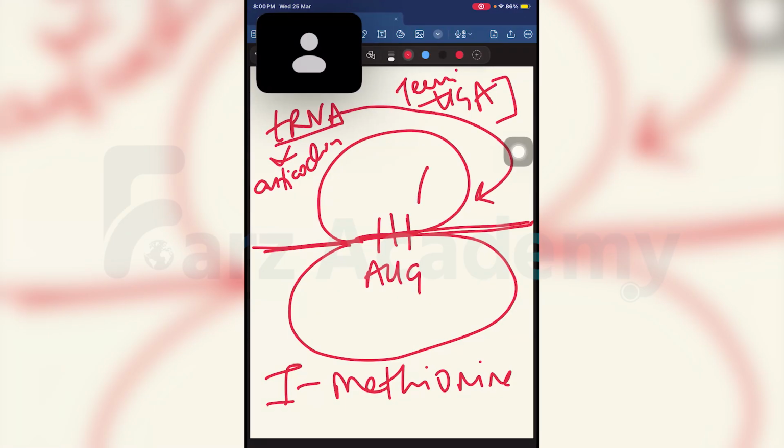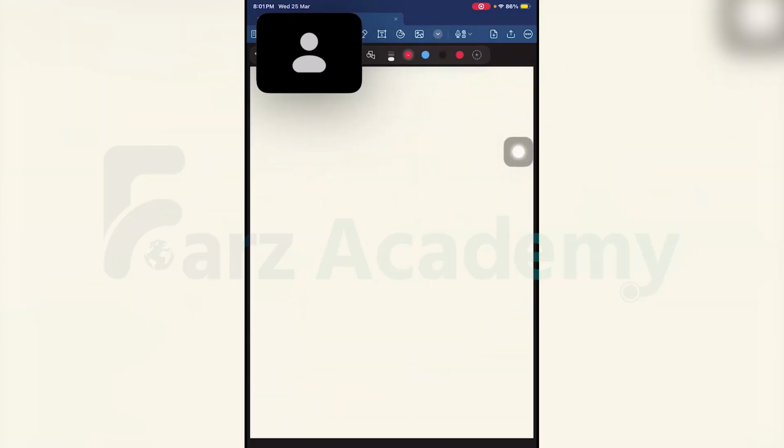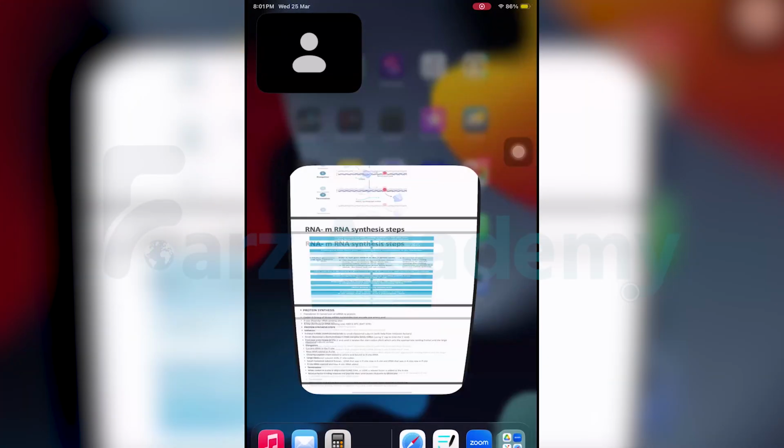So there was the A site, there was the P site, and there was the E site, right? The current amino acid would lie on the P site. All the new incoming amino acids after that would enter from the A site and form a peptide bond with peptidyl transferase, and after the peptide bond transfer, what happens? The tRNA will move to the E site, and from the E site it'll be thrown away. Exit site, you can remember it as. Okay, so this is the process of translation.